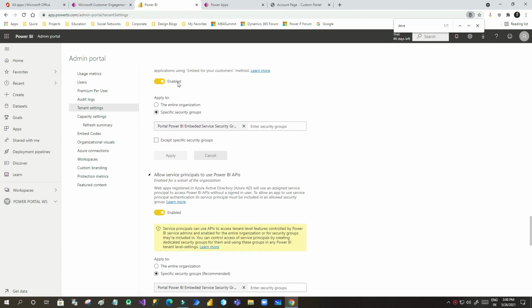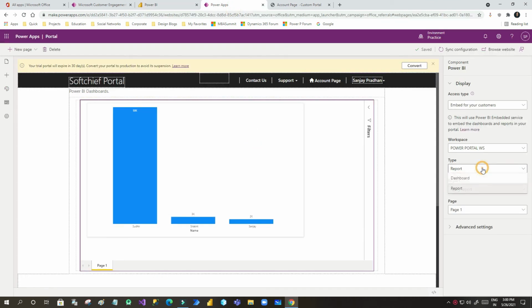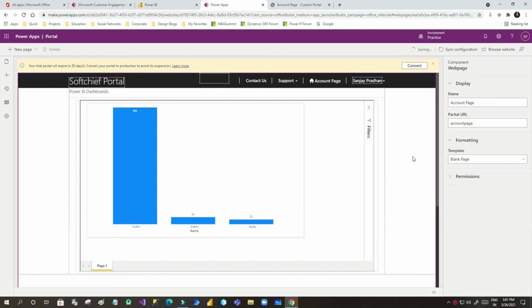Then if you go to here and add any report or dashboard, it will display properly, right? If you go here employee salary dashboard and I want to show all tiles and go outside, so it will refresh, and if I'll browse website, it will display the correct dashboard in place.